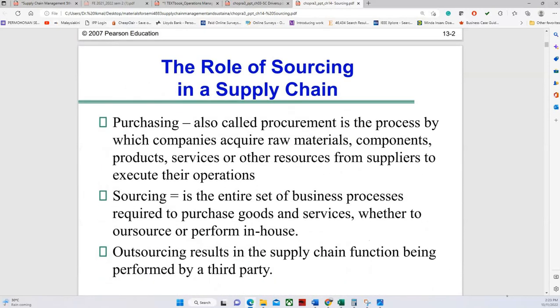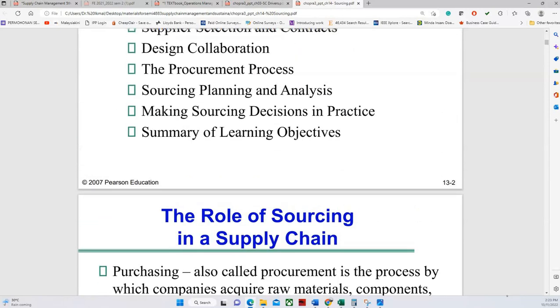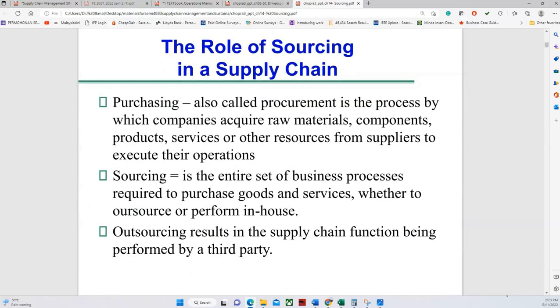Okay. So I don't think that we can finish today, but at least you have a visual on this topic. So, the role of sourcing in a supply chain. Okay, so we have